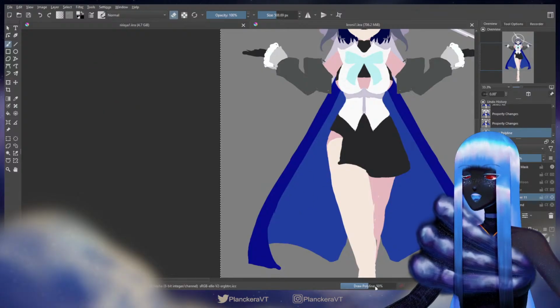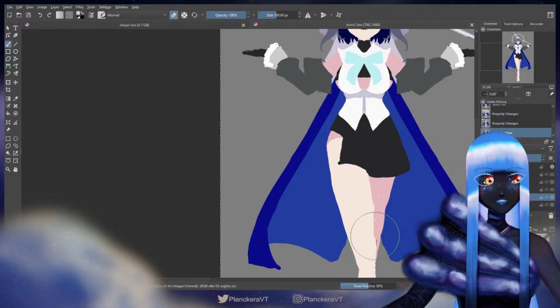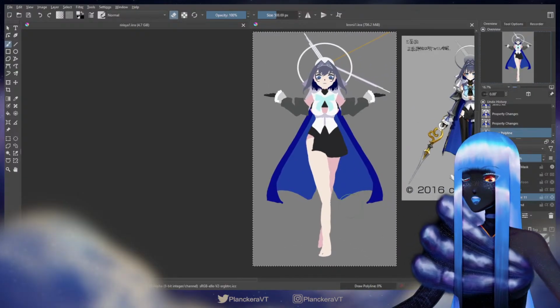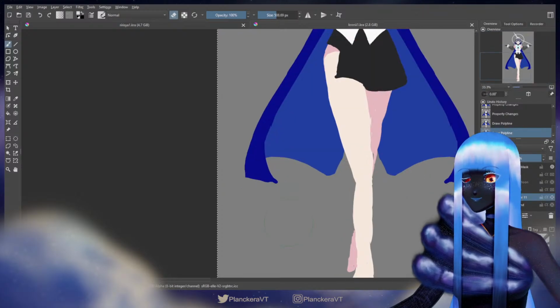Okay, it's thinking about it. I just want to make sure that my size is too small as opposed to Krita being silly. Okay. Well, it's thinking about something.